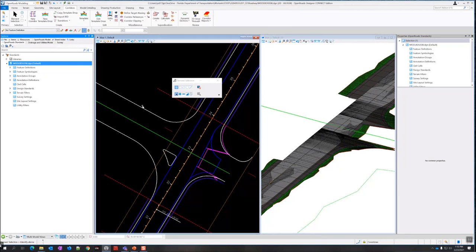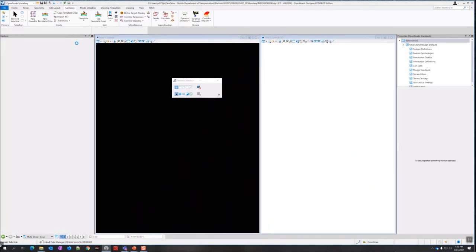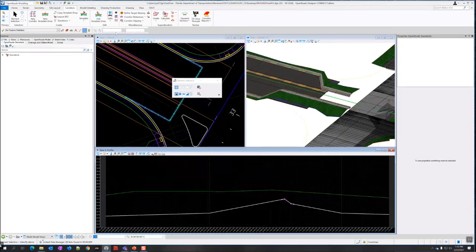All right, so we're done with this file. Just those quick steps. So we can go back to the detail model file in the next exercise for 4.6. So just go File Open, switch back to MODL RD Detail 61. So now we're going to apply the point control.